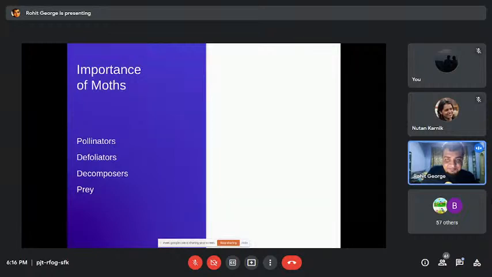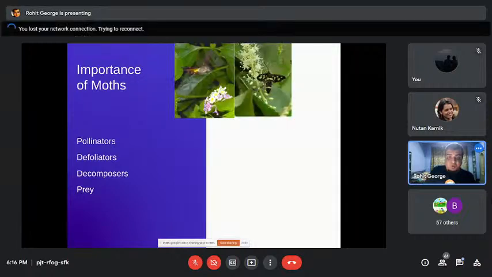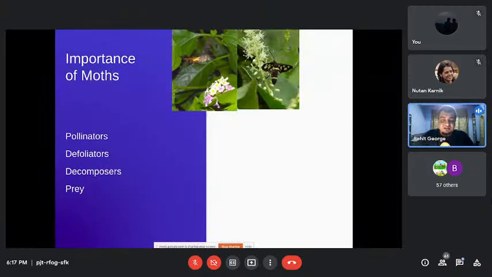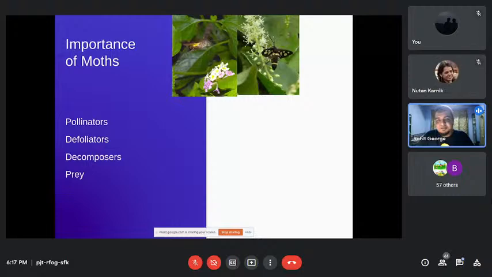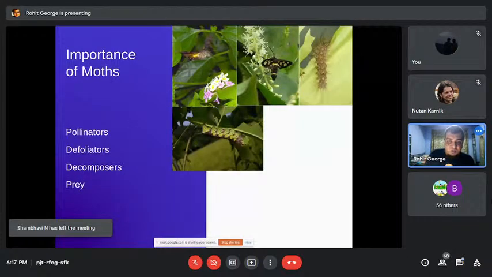What is the importance of moths? One thing the adults do is that lots of them are very important for pollination. There are two moths. On the left, it's called a hawk moth, and on the right, it's called a wasp moth. Both of them are taking nectar from the flowers, but in the process, they're collecting pollen, and they will transfer pollen from one flower to the other, in the process providing the service of pollination for the plants.